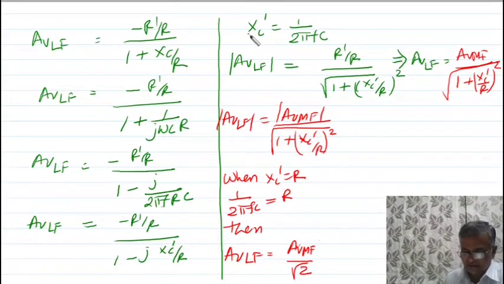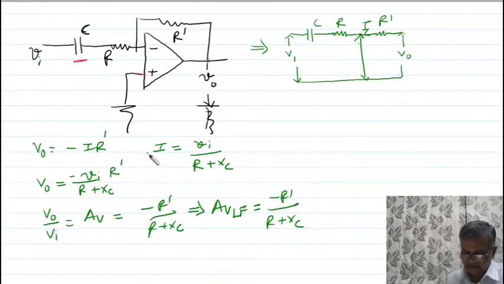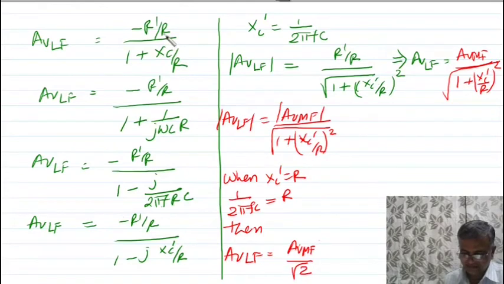With this gain I have written minus R dash by R, the gain you have written from this equation. This gain is Vi upon R plus Xc. So I put this value here, and you divide numerator and denominator by R. If you divide this, you get the gain at mid frequency. So Xc by R, what is Xc? 1 upon j omega c. What is 1 upon j? Minus j. You already know that. And 1 upon 2 pi Fc, I have taken Xc dash. So this is the equation.